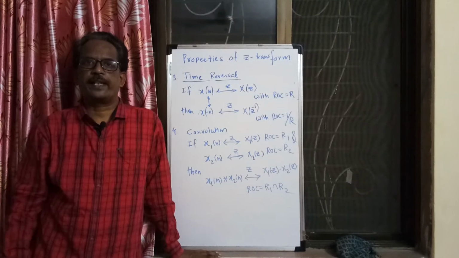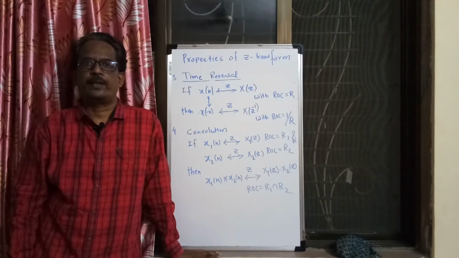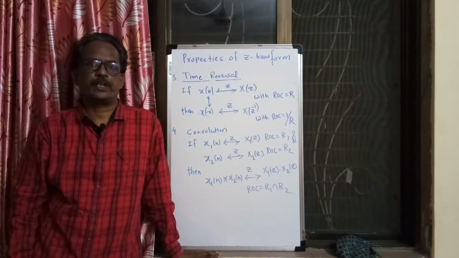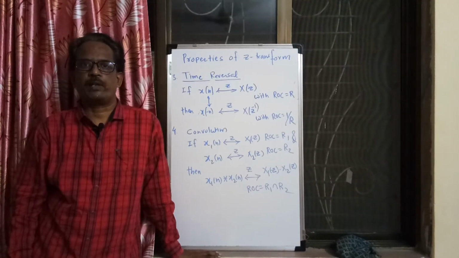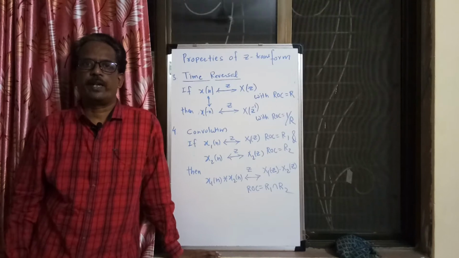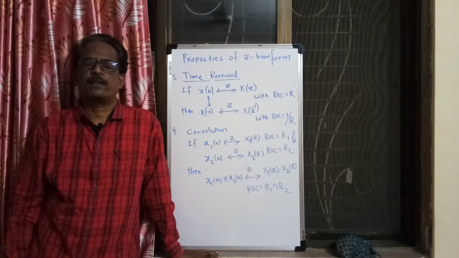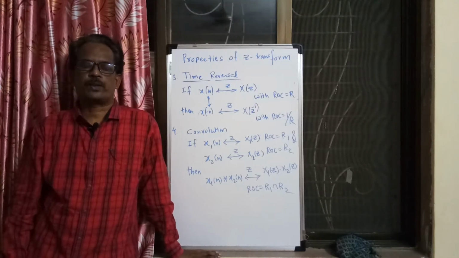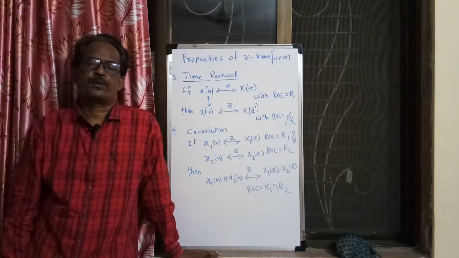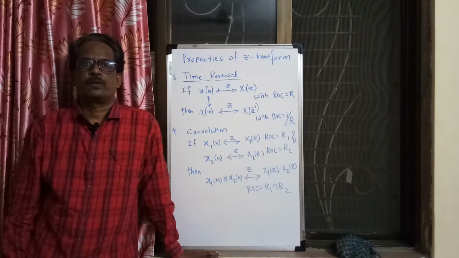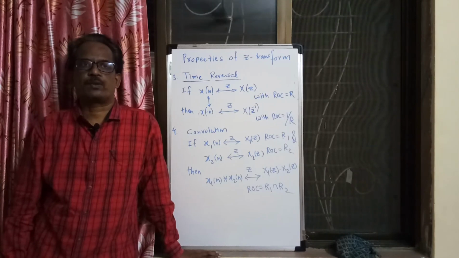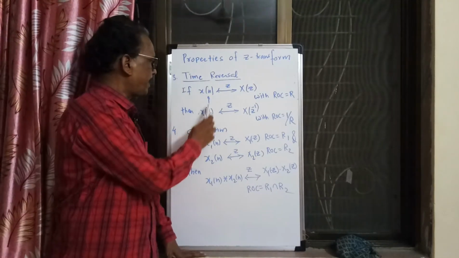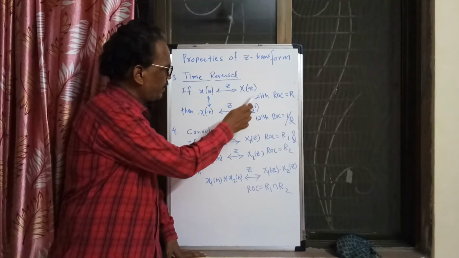After studying the linearity property and time shifting property, let us study the time reversal property of z transform. In time reversal property, what we do is, in time domain we are taking the mirror image of the signal. So the signal is rotated about the origin, so x of n is replaced by x of minus n, the mirror image of the signal. So in z domain what happens? If x of n has z transform x of z, then if n is replaced by minus n, in z domain z is replaced by z inverse.